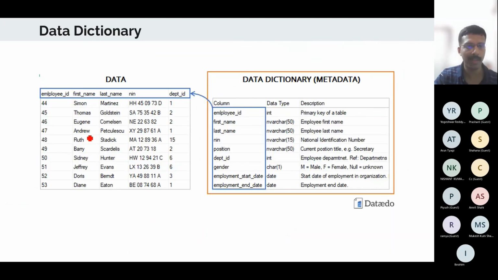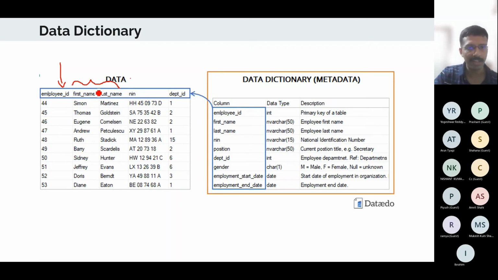To show an example, suppose I have the employee database that we saw earlier. There is an employee ID, a name for the employee, another identity number like Aadhaar, then department ID, gender, employment start date, end date, things like that. There is a table like that.